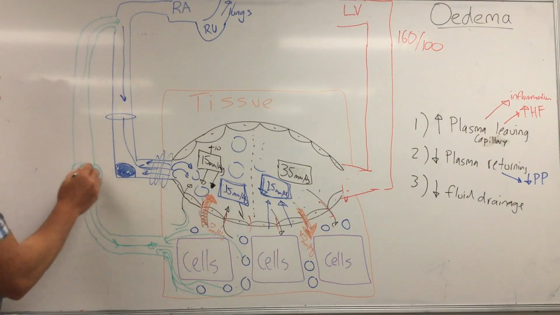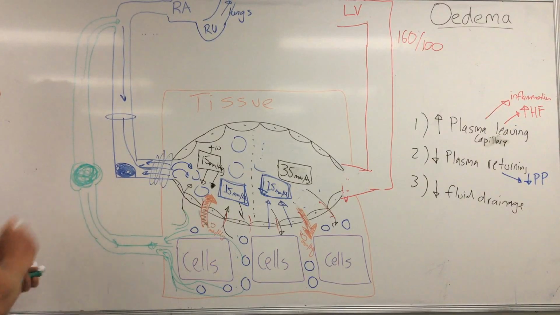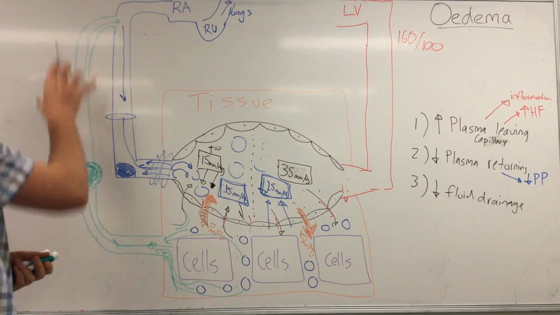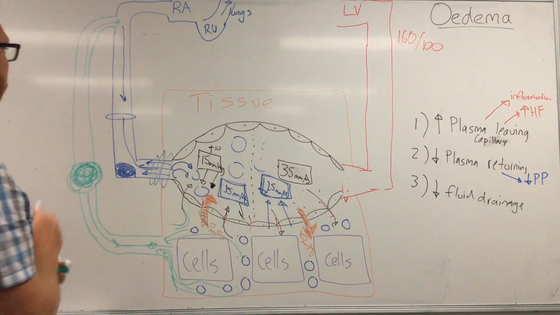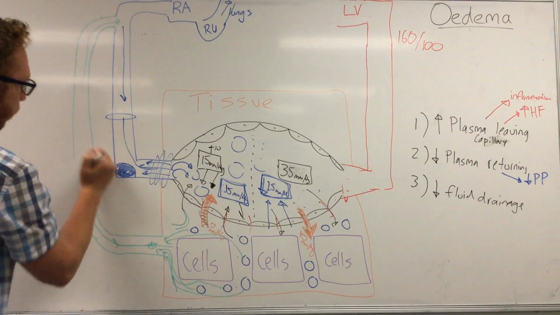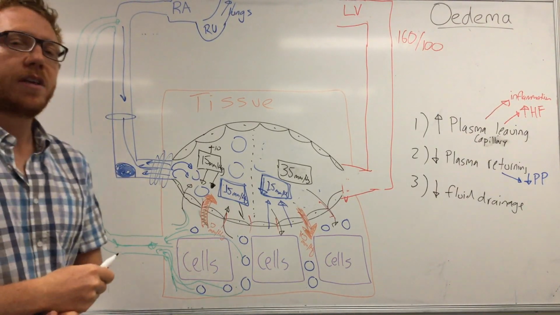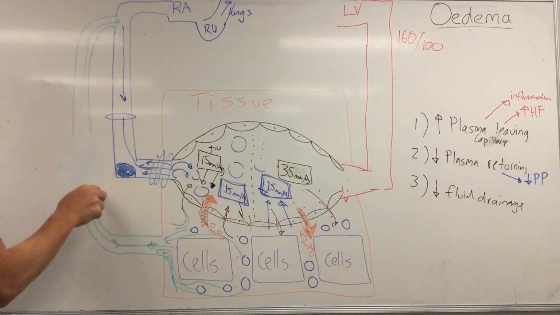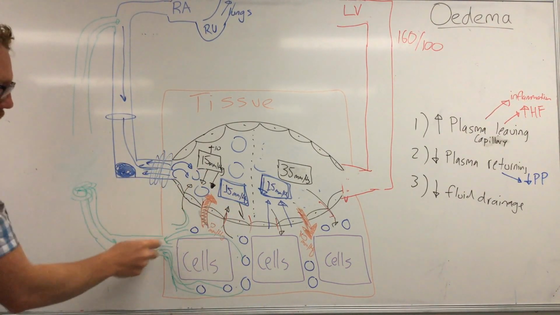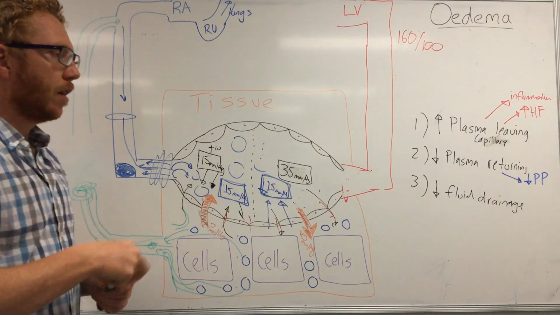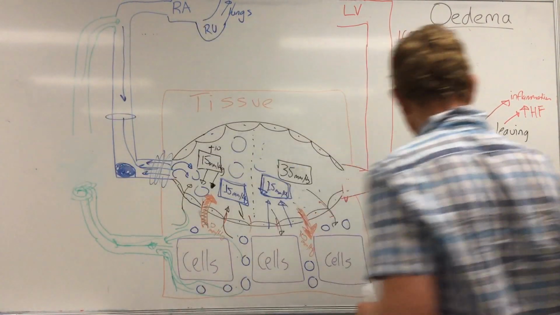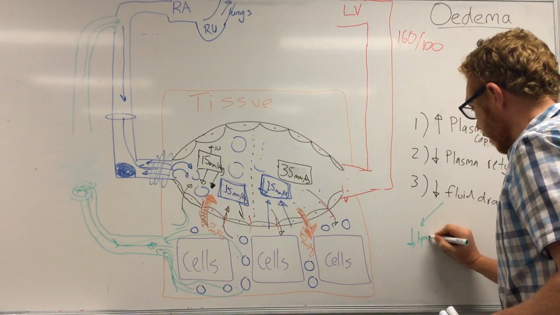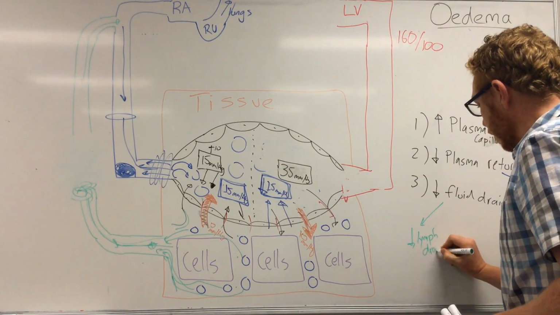So that could be either infection within the lymph node, or cancer within the lymph node, or the lymph has been radiated for cancer treatment, or maybe it's been removed. So they've pulled it out to help with, say, cancer, like breast cancer, take out the axillary nodes, therefore this can't drain, becomes scar tissue, and then fluid stays behind. That's going to cause a problem. So if we have a decrease in lymph drainage,